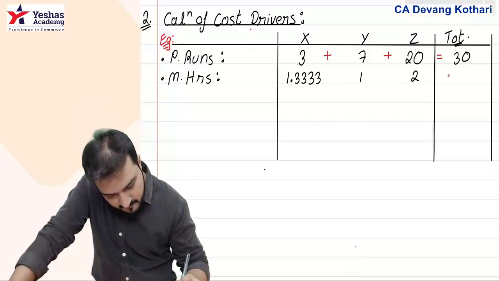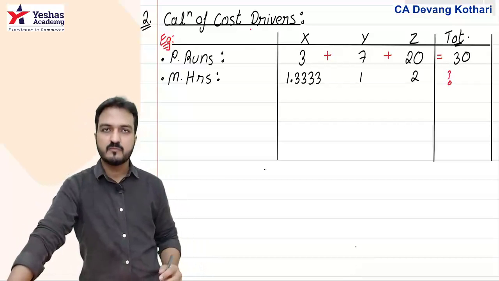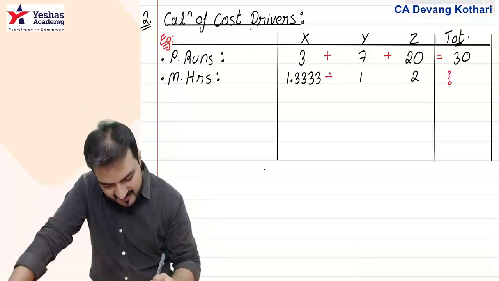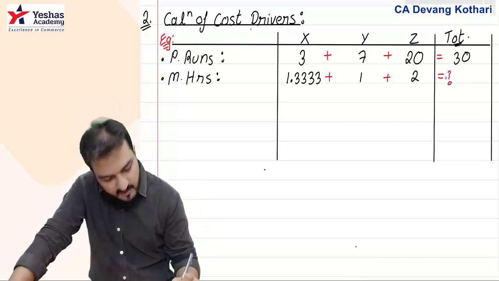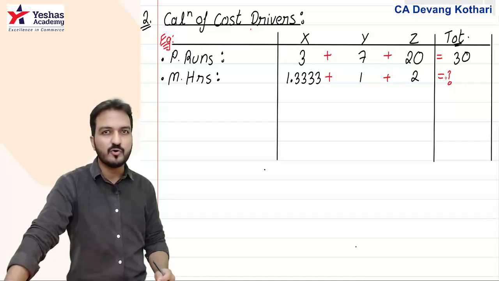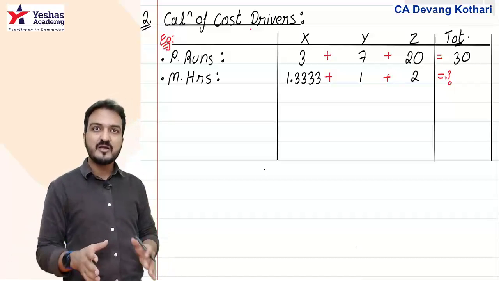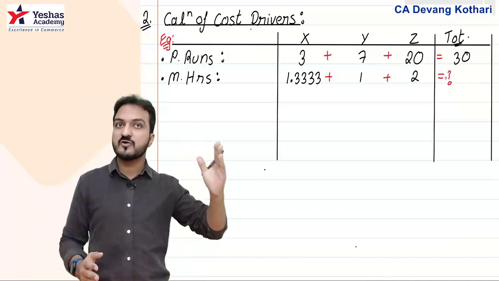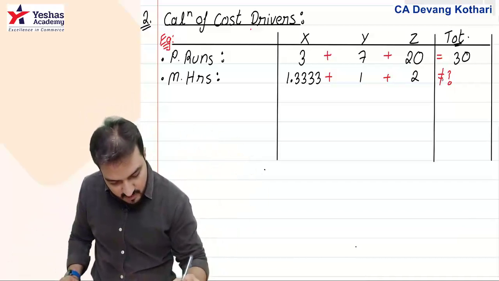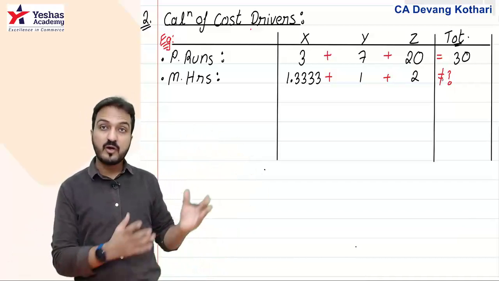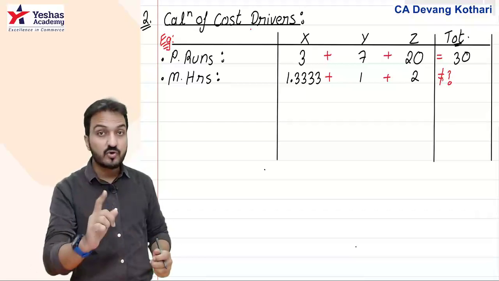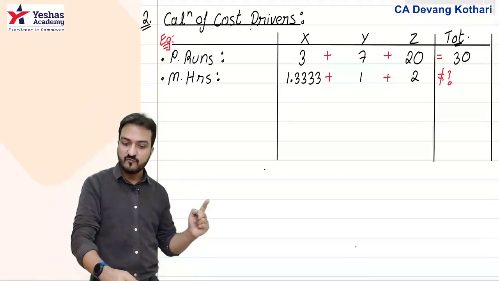for machine hours, if the total is missing, then can you find the total by simply adding machine hours of XYZ? Will it give you the total? No. This time for machine hours, you cannot just add machine hours of XYZ and get the total. Why not? Well, you cannot add machine hours to get the total because machine hours given over here is